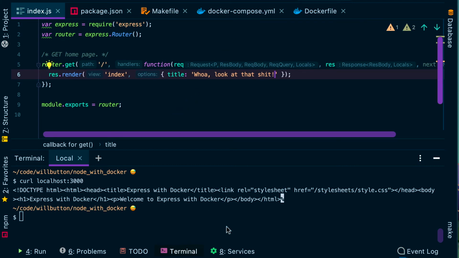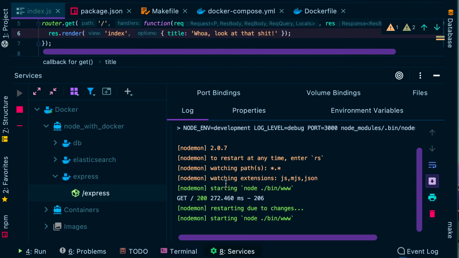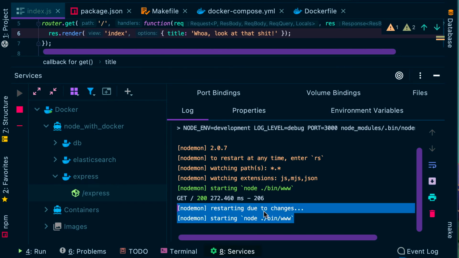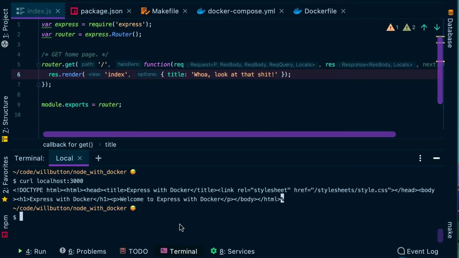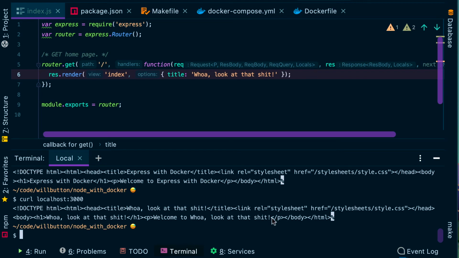And now when that saves, if we go back down here to our services, you can see right here, nodemon picked up the changes, restarted my container. Go over to my terminal here, run that exact same command, curl localhost, and here are the changes that I made. And now that's all running inside of Docker. Nothing's running on my local application or my local workstation. And it's using this